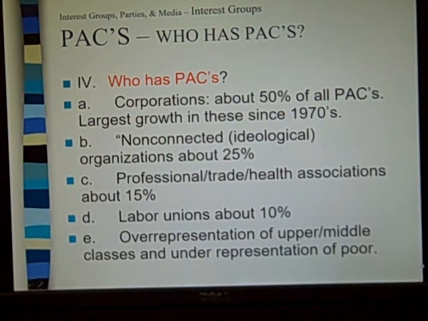Now, who has PACs? Right, so again, we talked about the varying types of interest groups, yes? Remember that from a couple days ago? We have varying types of political action committees as well, all right? So the significant percentage of this, they are corporations. Corporations have political action committees. And again, like I've told you in the past, just with interest groups, it might not be an individual single business, but rather some sort of industry, right? Like milk producers, like coal, things like that. Okay, so that's one for corporations, all right?